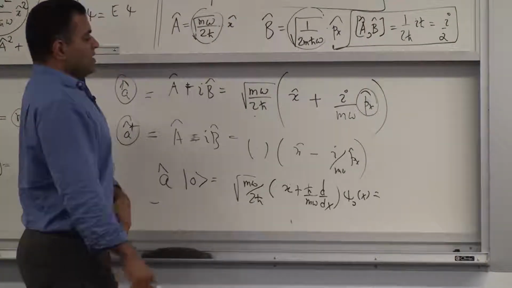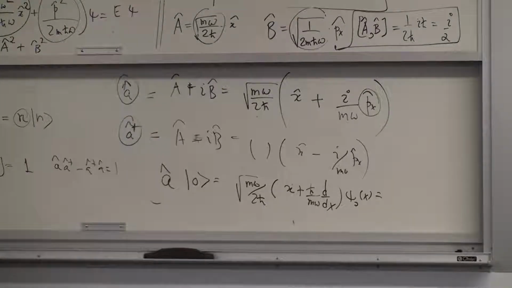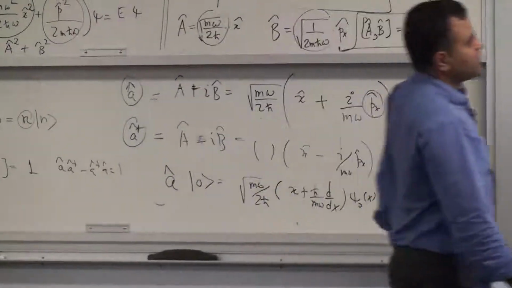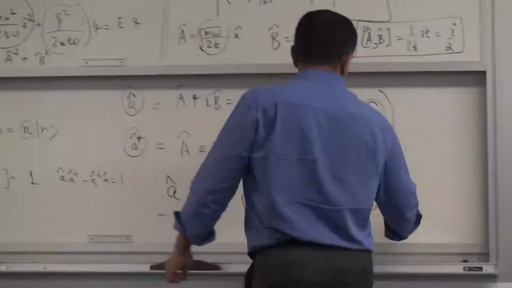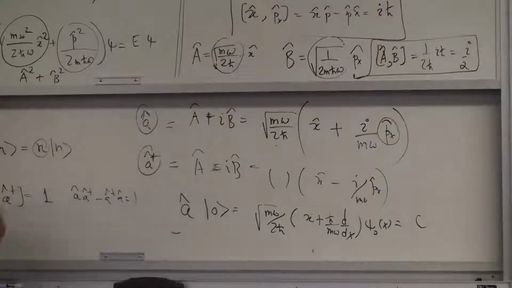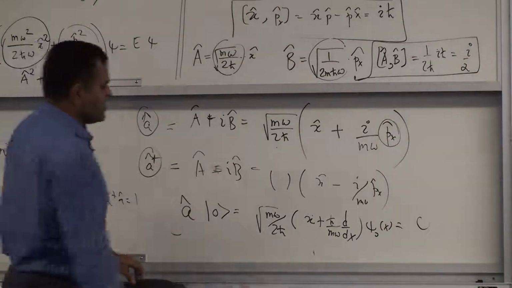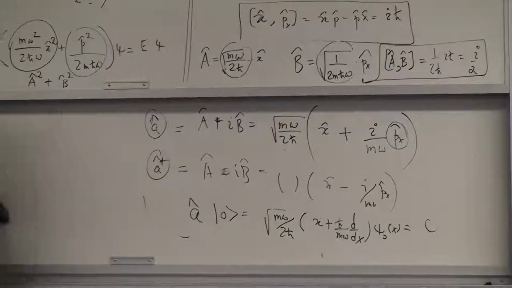And if you do that for the ground state, which was also known, right? The ground state is known. In fact, the ground state wave function is just a plain Gaussian with a constant in front. It's known, right? If you do that, you will get a 0. You get a 0. You can plug it in and see you'll get a 0, right? And the solution to that, you can see, is a very simple equation here, which will give you